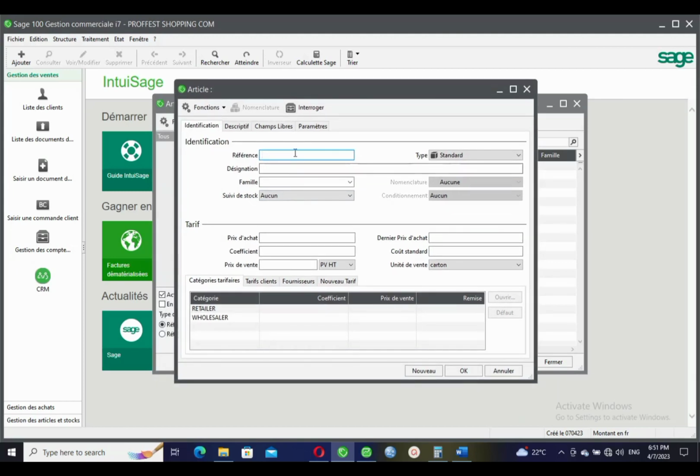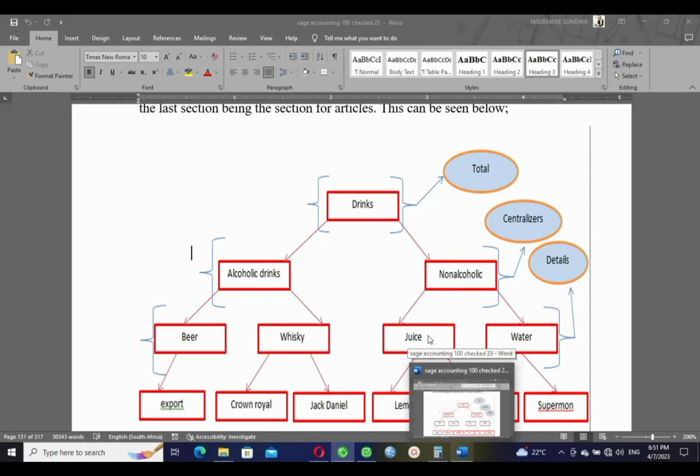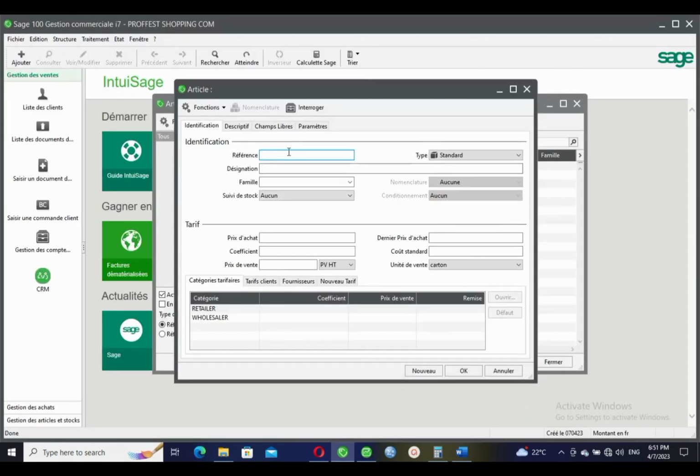It therefore means that if I want to create an article, like, which article, export, I'll come here, I'll give a reference. References are very important. It should just be a shortcut of the article, that shortcut which will permit you to get that article once you'll be making sales or once you'll be making purchases. So it is very important to work on the strategies you are going to use in creating the references of your articles. So for example, here export, I'm going to give a reference export, and I will specify,